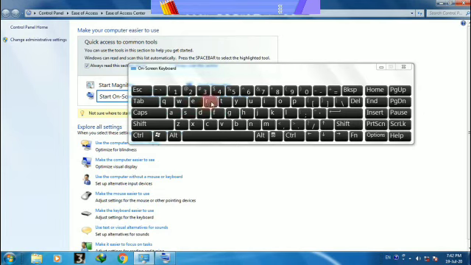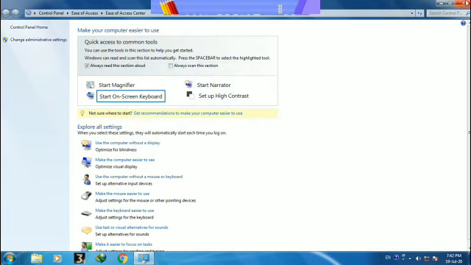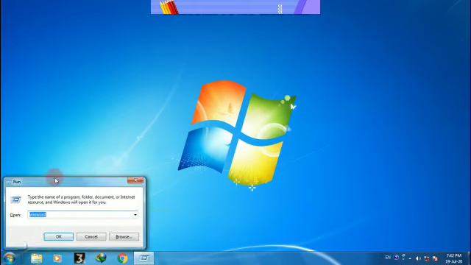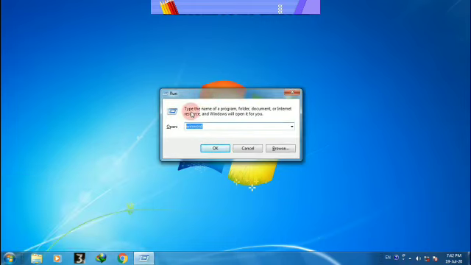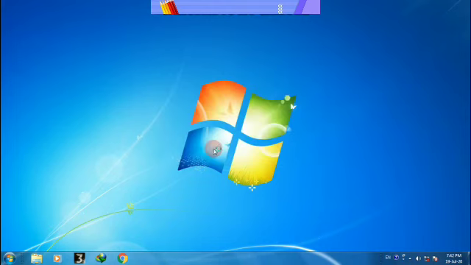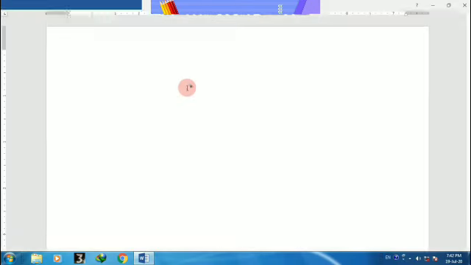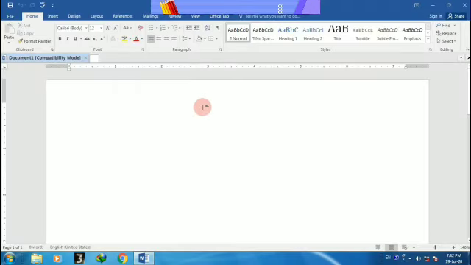So you can use the on-screen keyboard also to type and enter your content in your computer. So this is very easy. We have two options. Now if you want to search anything, you can click on run, and by using this option you can open and search your desired application. So we have searched MS Word. Thank you, students.